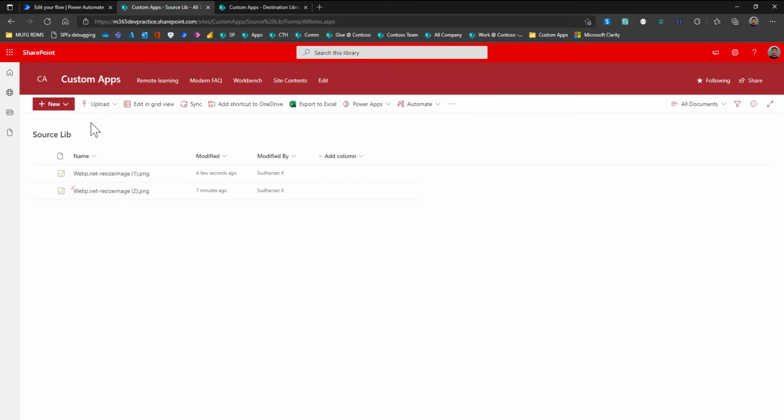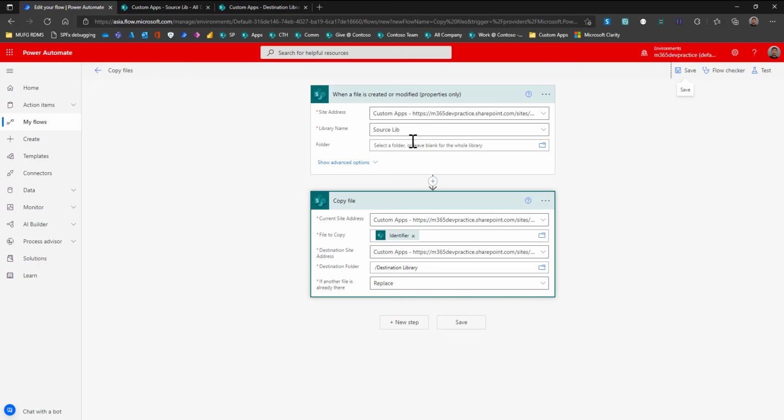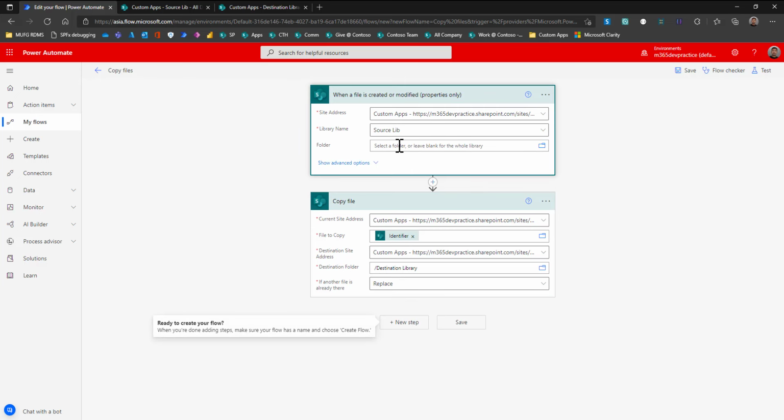If I create a folder here and upload a file to the subfolder, the flow will not be triggered, because that is a trigger limitation. Whenever a file is uploaded inside the root folder or the configured folder, the trigger will be executed. These are the limitations of this trigger and action.